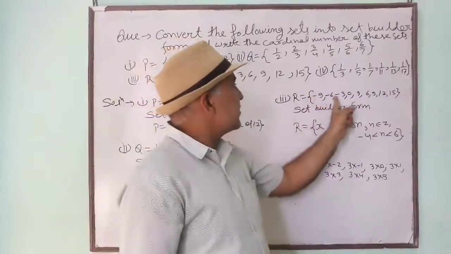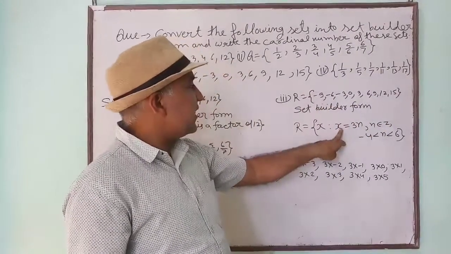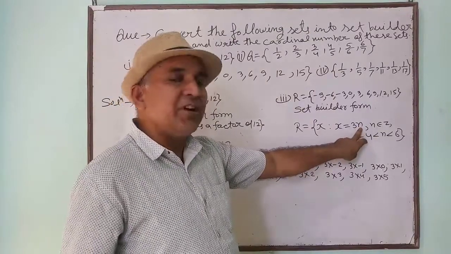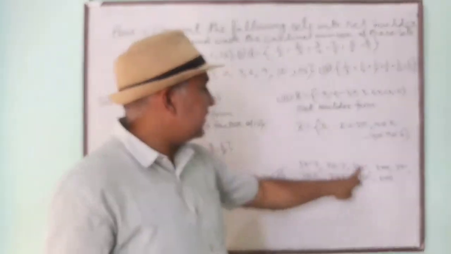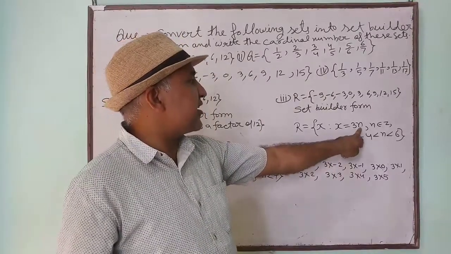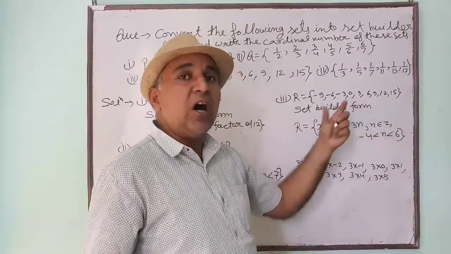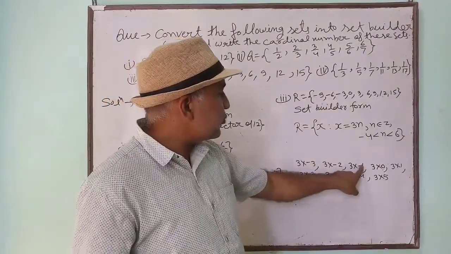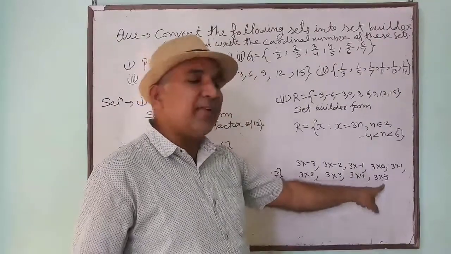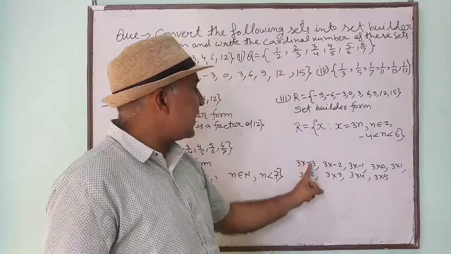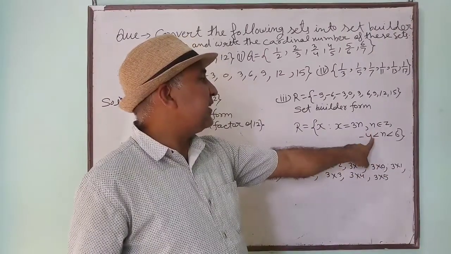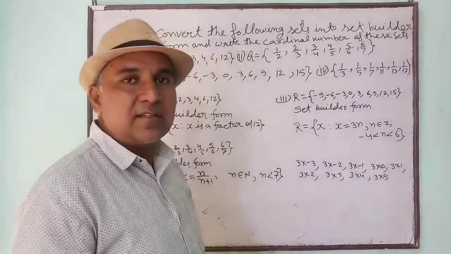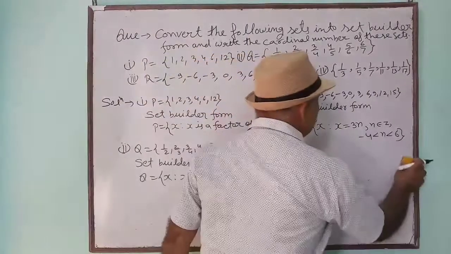Understood? These numbers are divisible by 3. That is why I have written x is equal to 3 times n. Now we have found the property of n. By this calculation n is an integer, so I have written n is an integer. Now how many integers are there? Integers start from minus 3, then minus 2, minus 1, 0, 1, 2, 3, 4 and 5, reaching up to 5. That means minus 3 to 5 are the integers. So how will you write it? Greater than minus 4 and less than 6. Understood? Now see the last one.